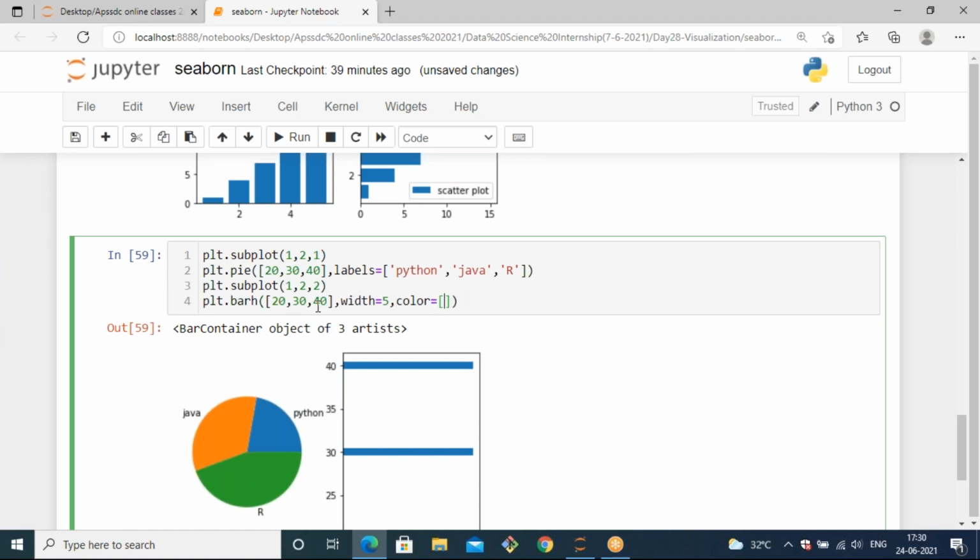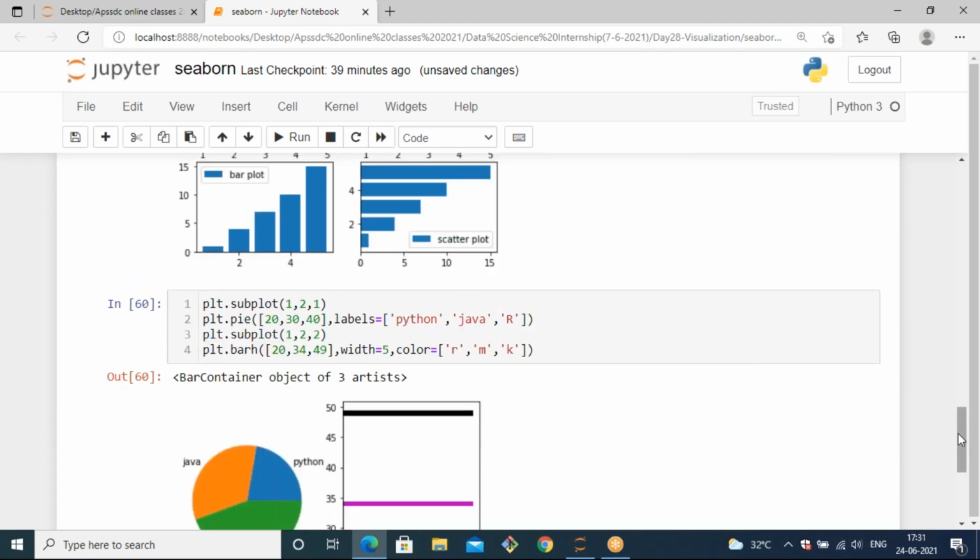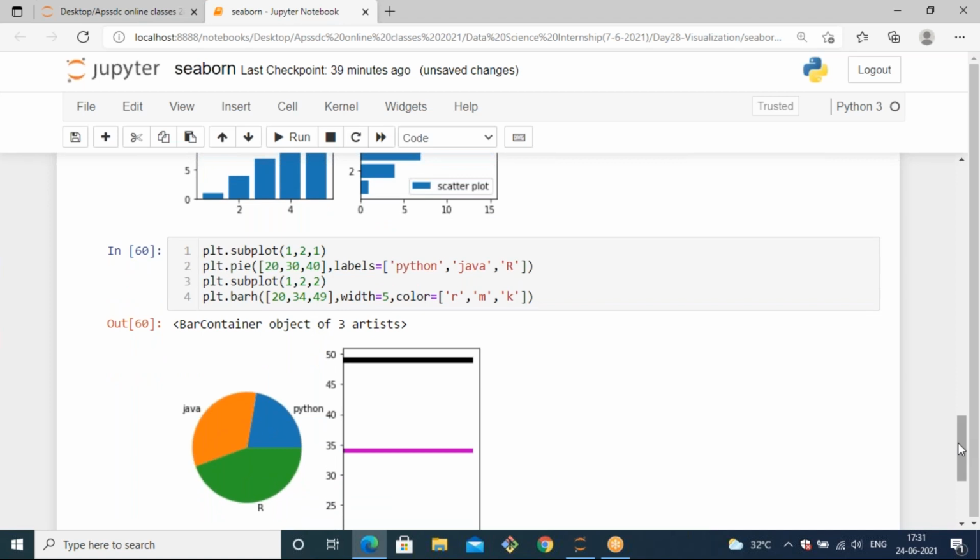We have a total of 3 data points. So here I'm taking the colors as red, magenta and black. For black we use k.